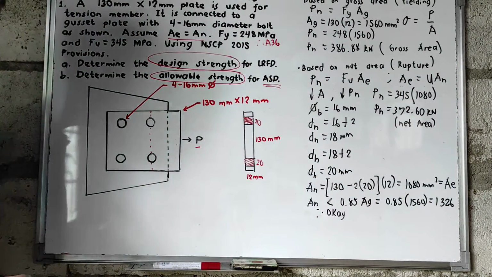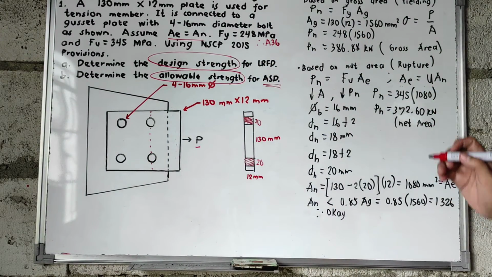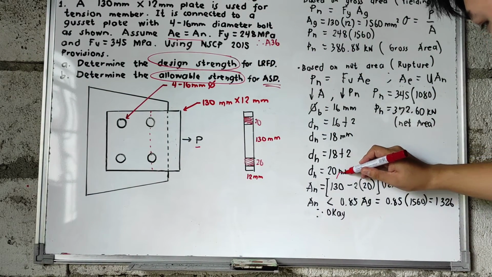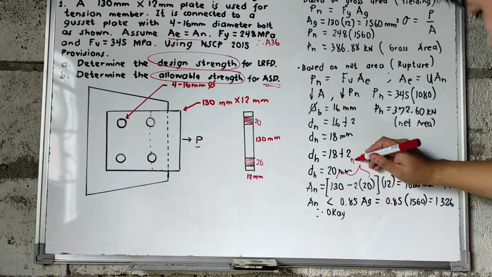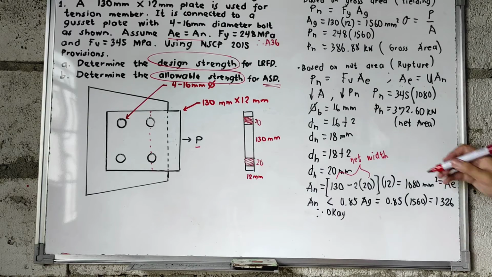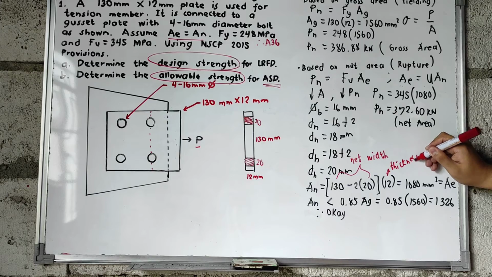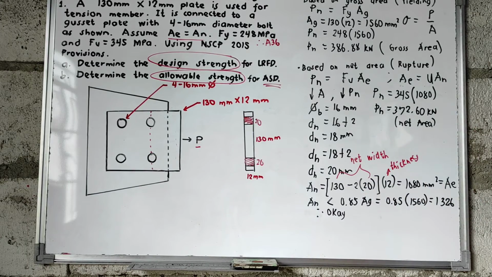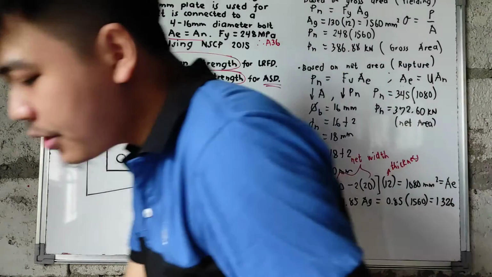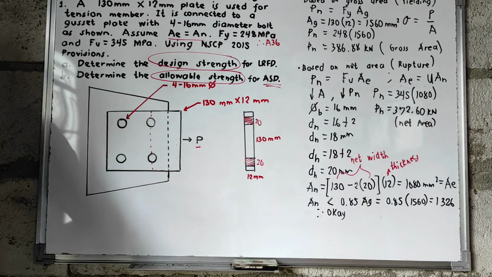So, kung gagawin natin ng summary sa pagkuha ng net area, kinukuha muna natin etong net width natin, and minumultiply naman natin siya sa thickness. So, lagi lang natin kinukuha yung net width and then we multiply by the thickness para makuha natin yung net area. So, after computing for the value of your nominal,